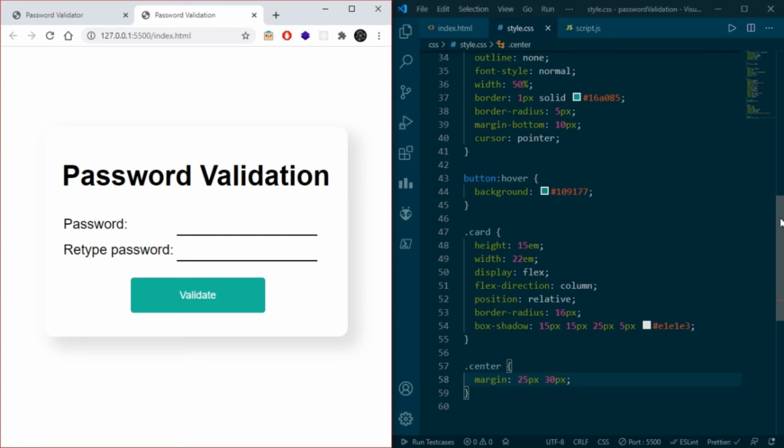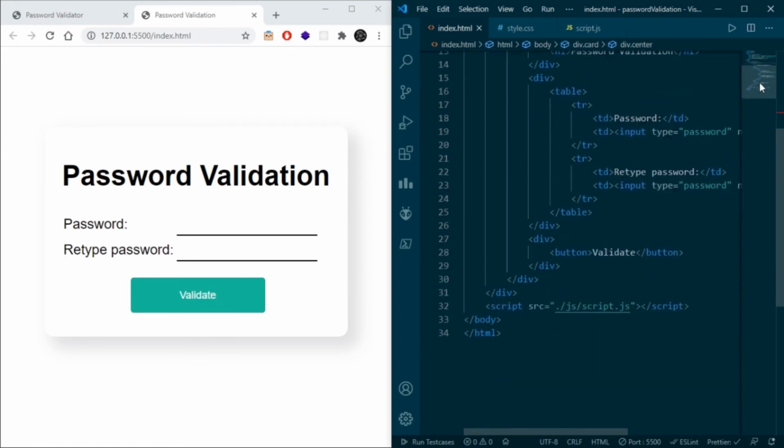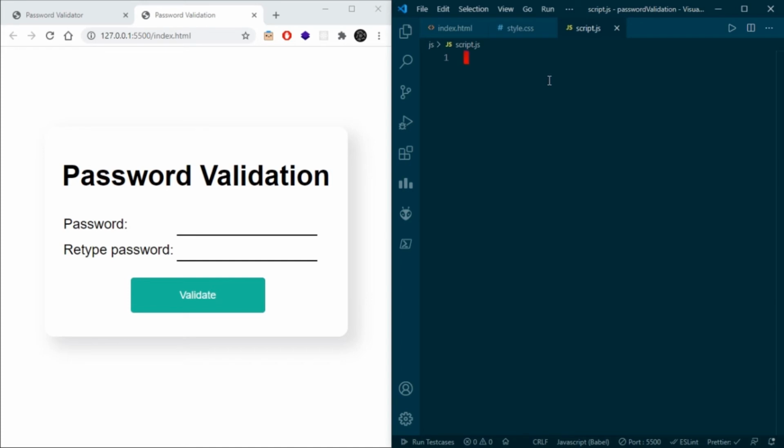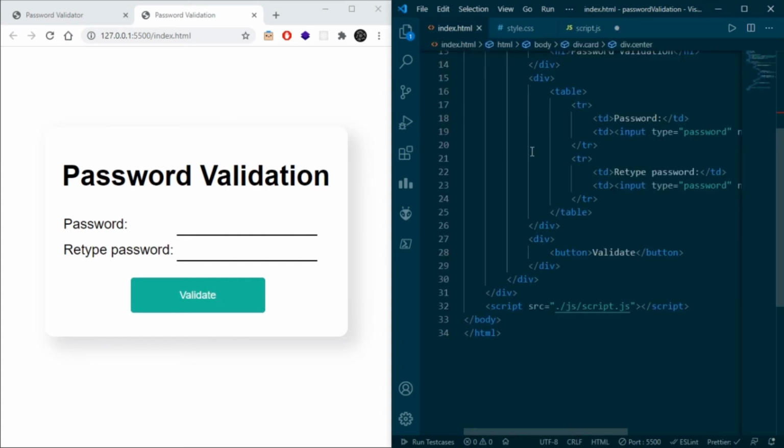Here we are done with the styling, and as we have connected our script page with the HTML page, let's start with the scripting. Here I will be using ES6 arrow function. So I will write const, and as we are trying to validate the passwords, we need to get the values whatever the user enters and validate whether they are equal or not. If so, we have to prompt the message with respect to it. But there are many cases, we will cover them as we move ahead.